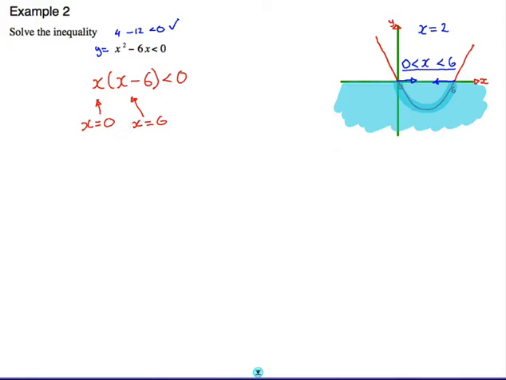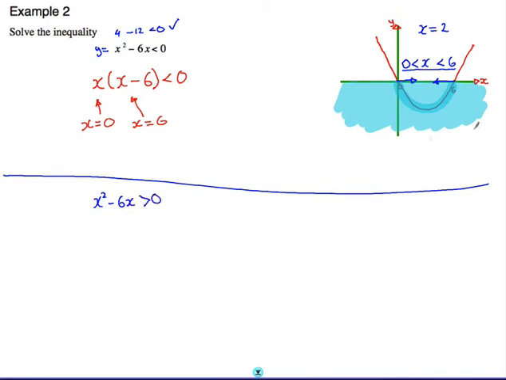Now I'm going to create my own question once more. This time we're going to say the question is asking us to solve the inequality x squared minus 6x is greater than 0. Again, I want to